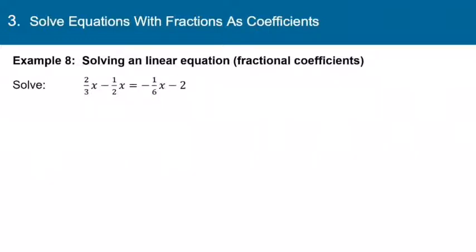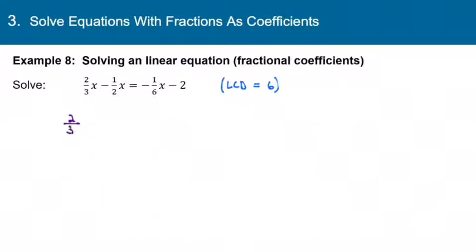And you want to try to think of the smallest number that all three of these numbers can go into. And of course 2 and 3 can both go into 6. 6 of course can go into itself. So the smallest number that all three of these can go into is 6. And so what we're going to do is multiply the left side by 6 and also multiply the right side